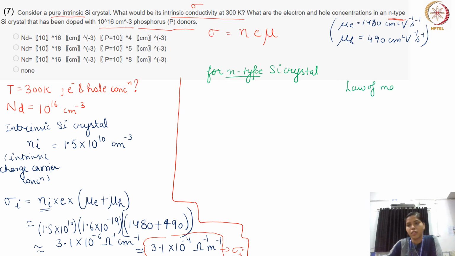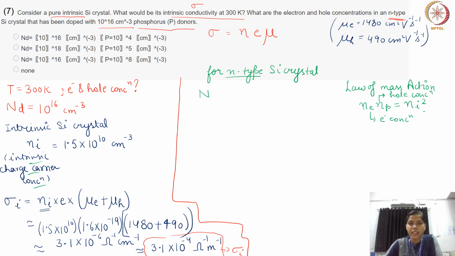Law of mass action says that n of electron times n of p is equal to ni square, where n is the electron concentration in a particular type of crystal, and np is your hole concentration,